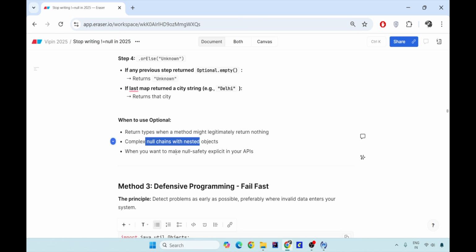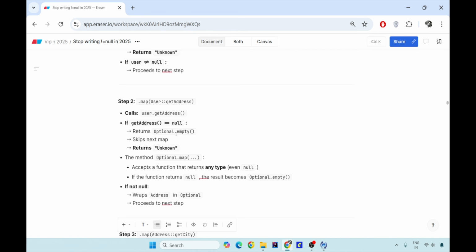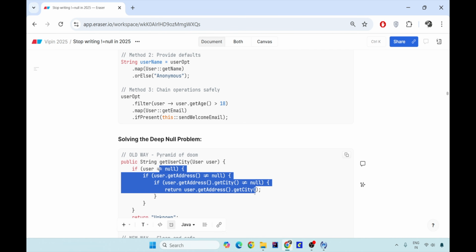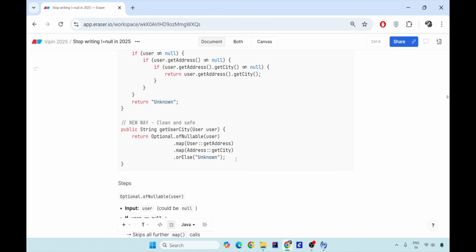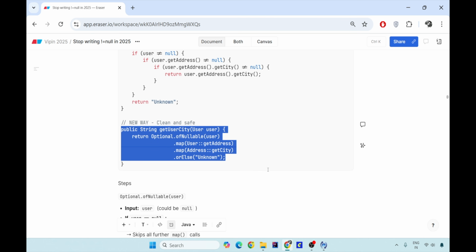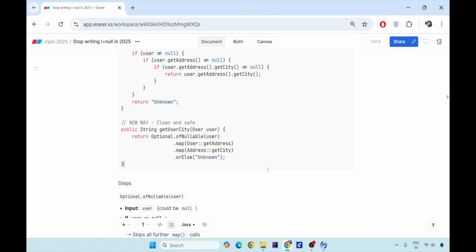And you want to make the null checks rather than using not null, not null, not null like this. Then this is the way to write the code in a very professional way with not even a single not null. But still this code screams that I will make sure that you will not get a null pointer exception. And also you will get a default value as unknown if the city is not available or the user is not available or the address of that user is not available. So a beautiful way of screaming that there is no null pointer exception possible in these 4 lines of code that you have written.